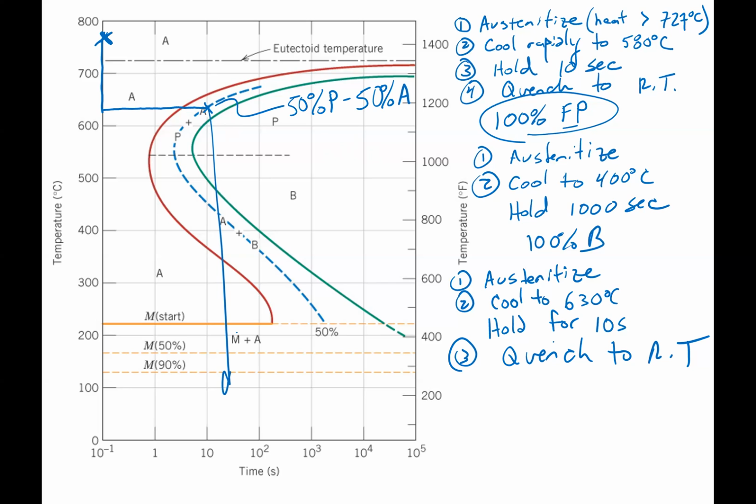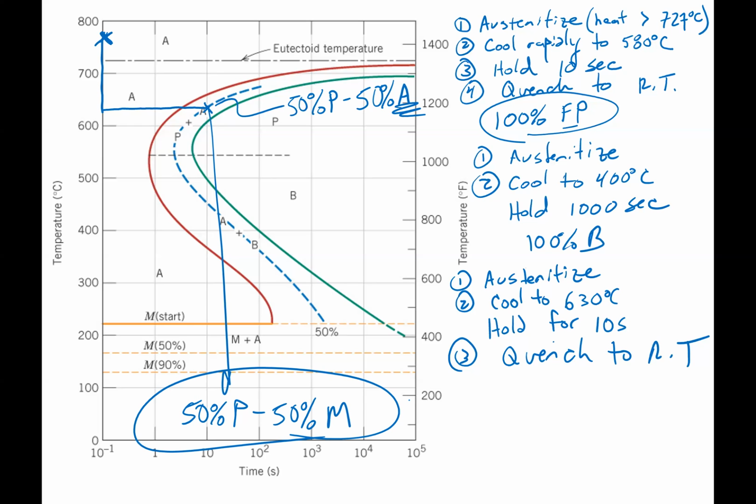So what will happen once I quench, that pearlite's stable, I have that 50% pearlite, but I cannot have austenite at room temperature. And so the austenite part then simply transforms, in this case, to martensite. So I'll end up with a 50% pearlite, 50% martensite structure. All right. So we could play this game